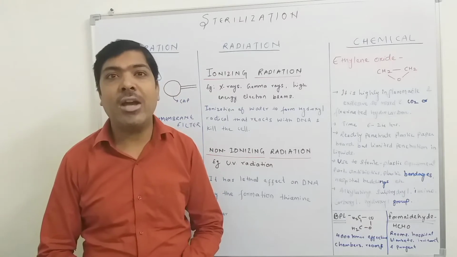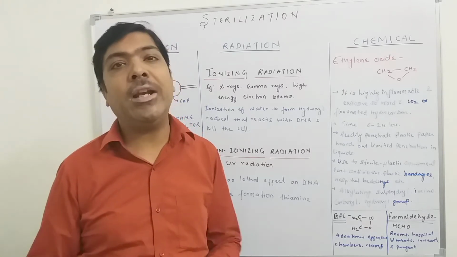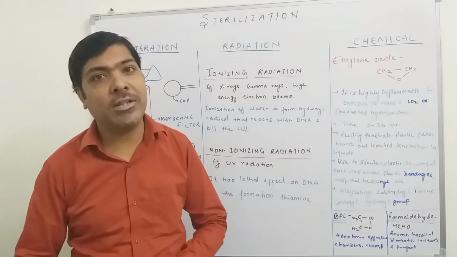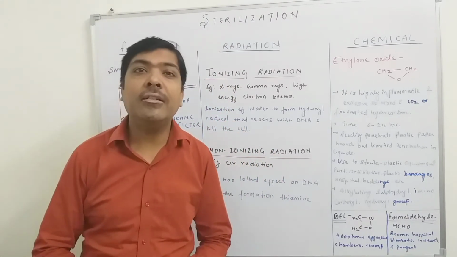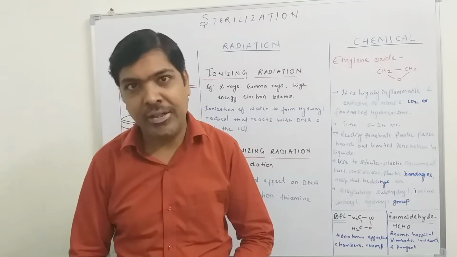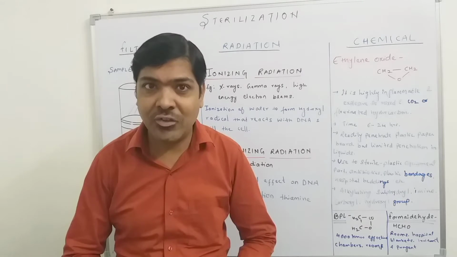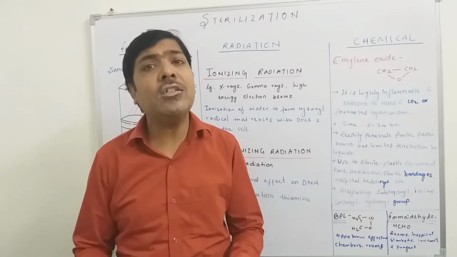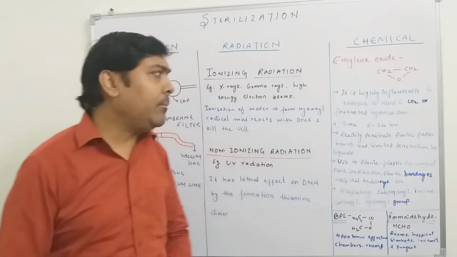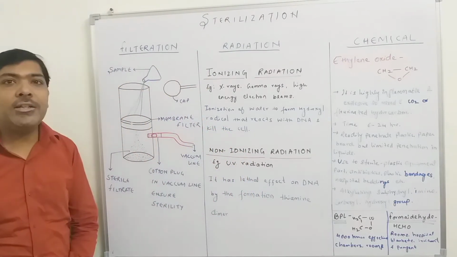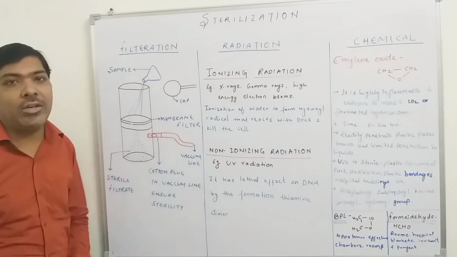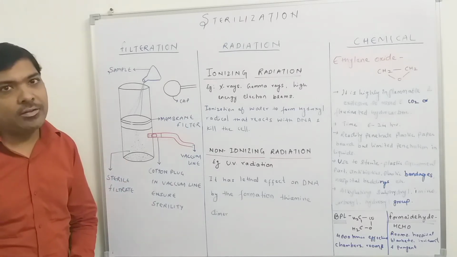For example, if we have an area which is highly contaminated in the environment, then what will happen? Once the sterilization process by filtration is completed, the contamination of the sterilized material will be very easy. So we have to use this specialized machine or equipment in an area which is free from any contamination. Now, the basic device used for sterilization by filtration is arranged in such a way that it has two different compartments.